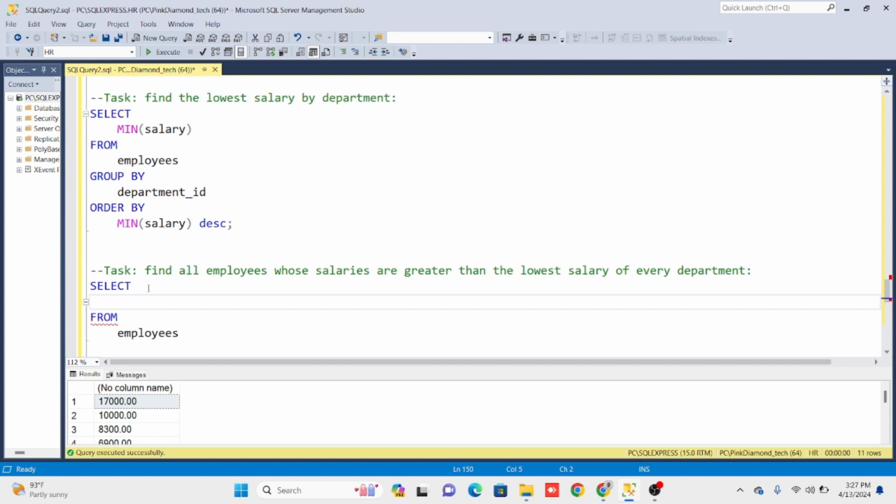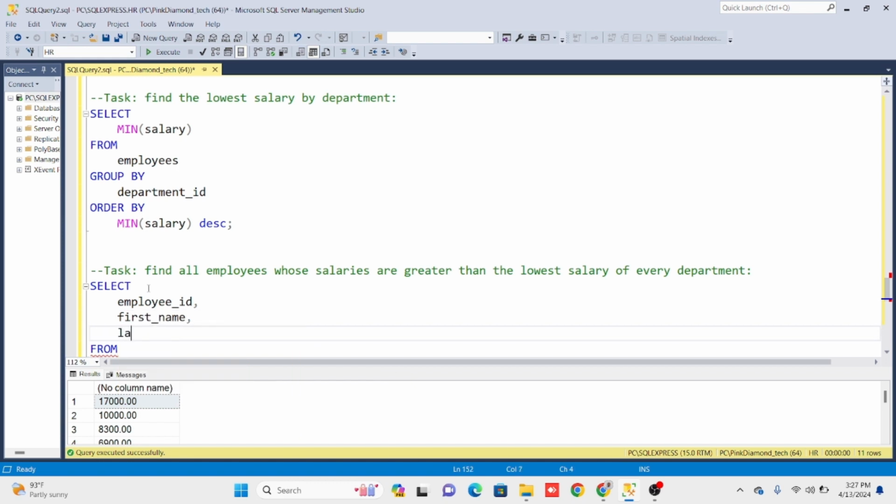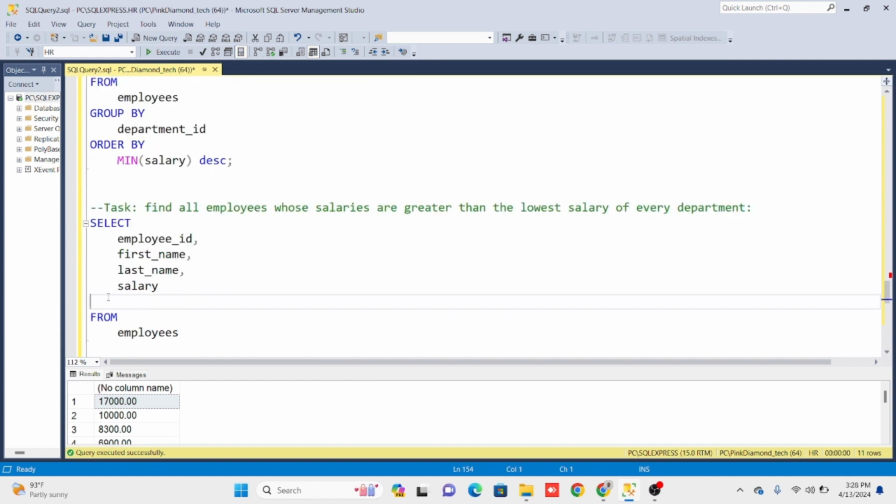What are we selecting? The employee ID, the first name, the last name, and the salary. From where? From the employees table,